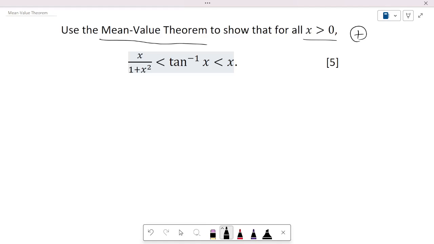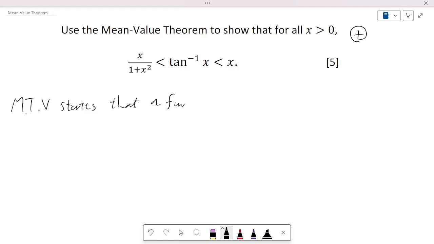All right, now where do we start? The first thing you need to do is state the mean value theorem so that you can have a great understanding. You need to state the mean value theorem to your examiner. So mean value theorem states that